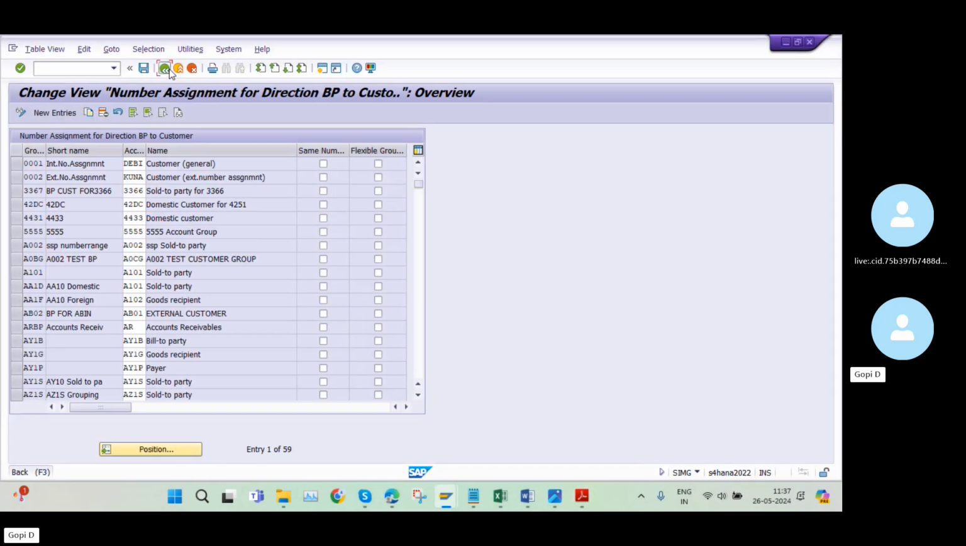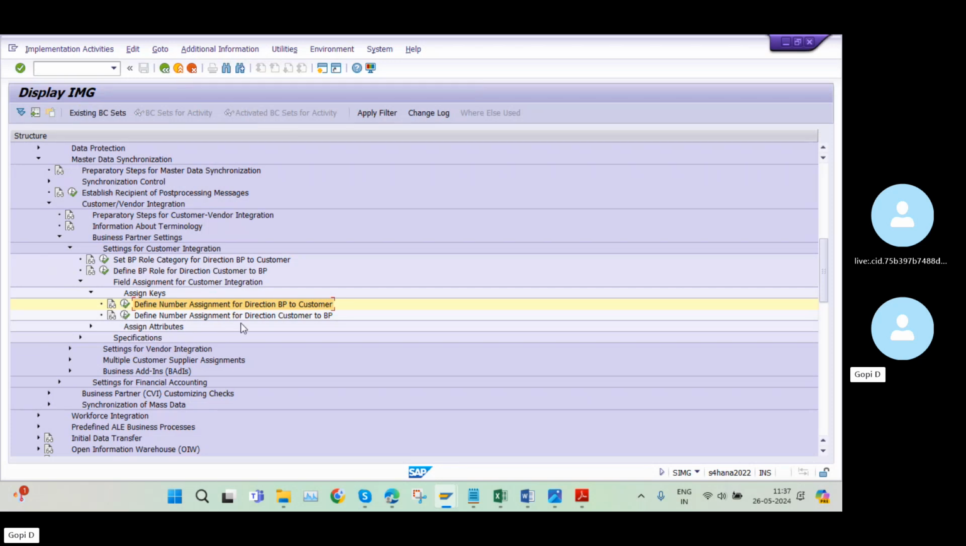Okay, so come back, and the next step is define and assign number range direction for customer to BP. Usually while we are working on an SAP S/4HANA implementation project, we maintain this step from business partner to customer. But for example, if you want to migrate the data from ECC to SAP S/4HANA,